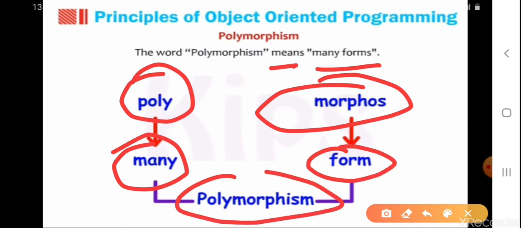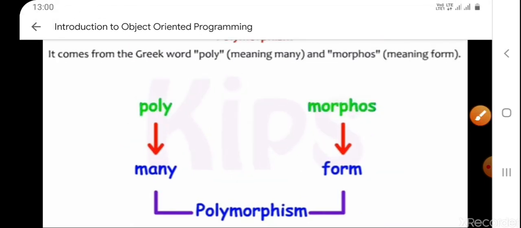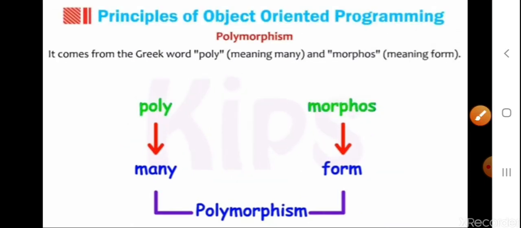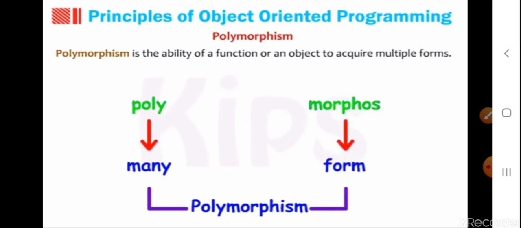So, the word polymorphism means many forms. Polymorphism is the ability of a function or an object to acquire multiple forms.